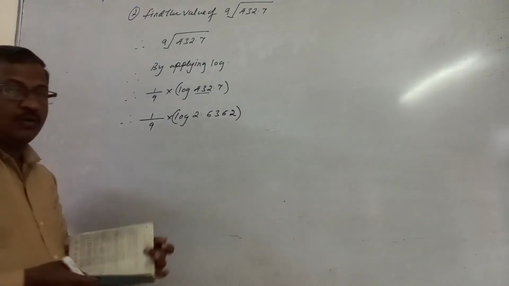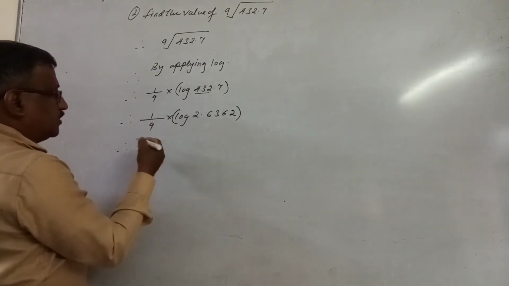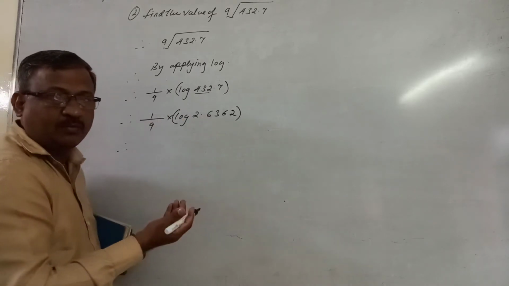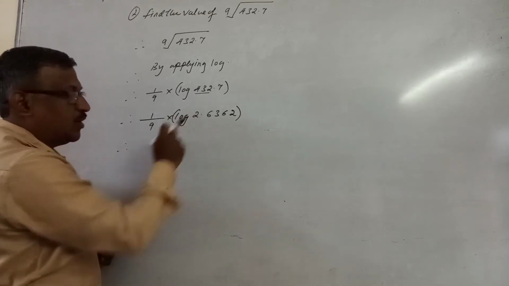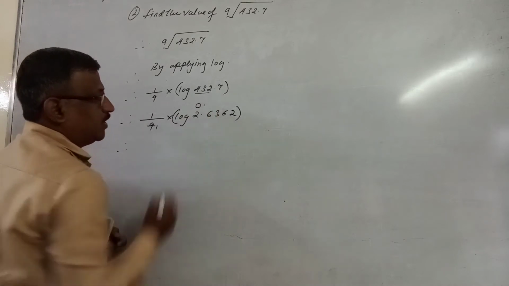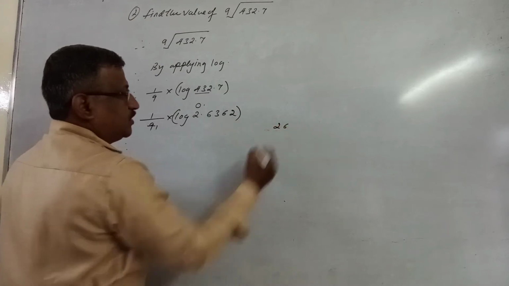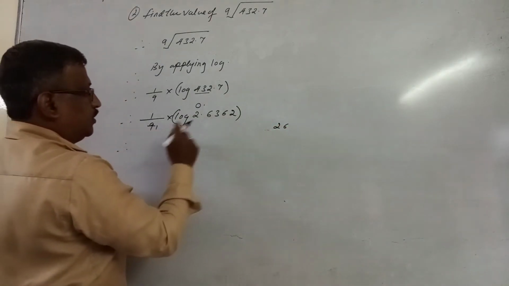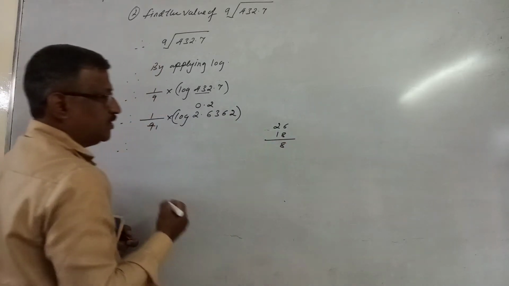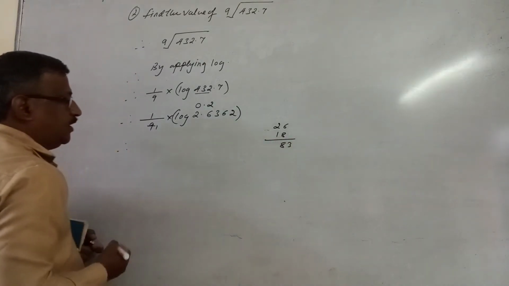6362. And whatever log we have got, you divide by 9. As it is, you divide. There is no meaning in multiplying by 1 to this value; the value remains the same, it doesn't change. Instead of that, directly carry out the division. So 9 ones are, now 2 is not divisible by 9, so I'll take 0 here, place a decimal point. So it is 2. Now you take the next digit, it is 6, 26, right? So 9 2s are 18, balance is 8. Clear? Now take the next digit, it is 3, it is 83.